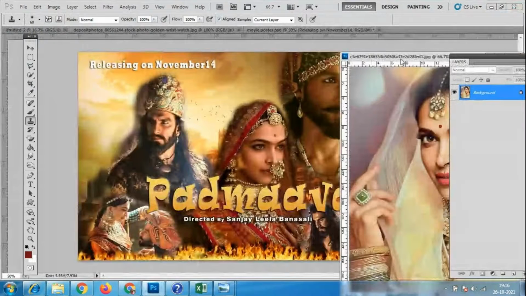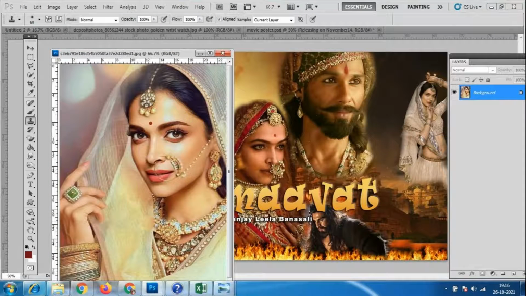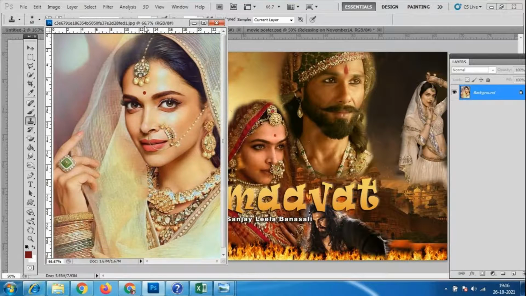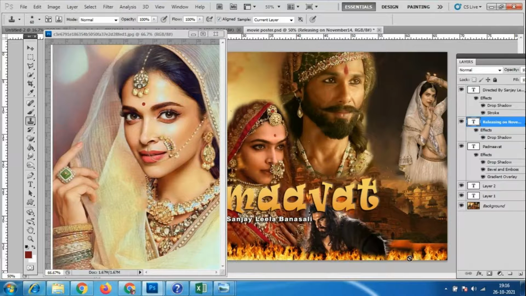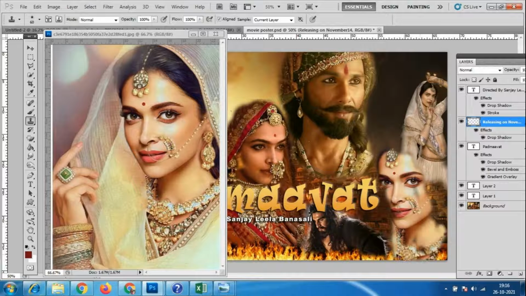So here, look at your Alt and left click. You have to place one point over here. You have to keep the image beside, one by one like this, and place Alt and left click. Here at the middle point, somewhere at the neck, I'm keeping it like this and placing Alt and left click over here. Look here, wherever I want I'm placing the images like this. See, I'm placing the images. I want the fort also in the background, and this fire also in the background if I want it. Only place as much as is possible.